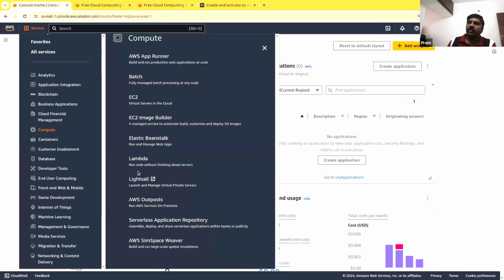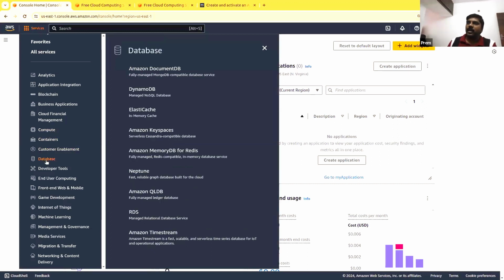As you need, you will use them, but we will know what they are, when they should be used, and what use cases they serve. In all these categories there will be main core services that we will go into in detail, and for other things we will just know what they are so that we can remember and answer accordingly. So compute is the main thing.